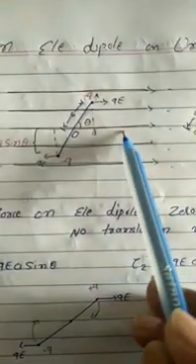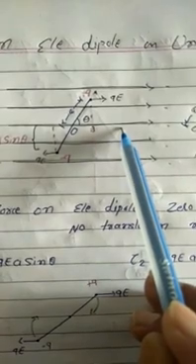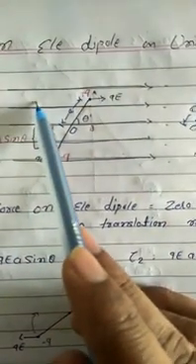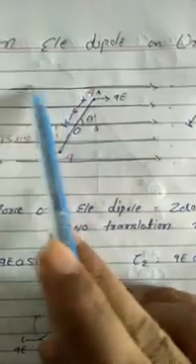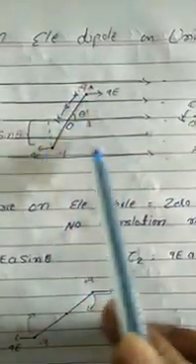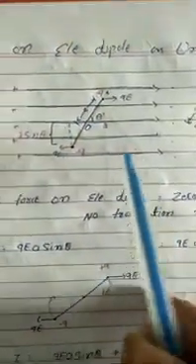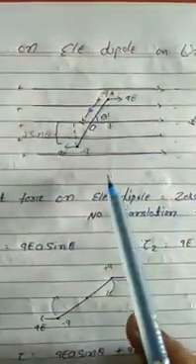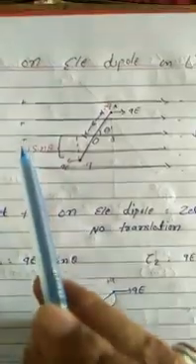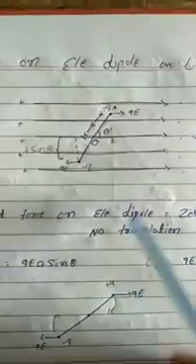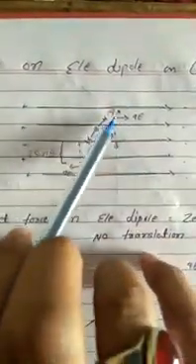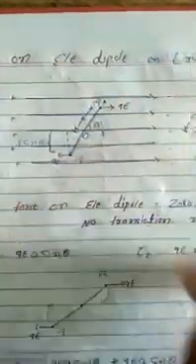Means if you consider this point, whatever the electric field is will remain the same electric field intensity at this point also, and field lines are parallel to each other. Here we consider that uniform electric field. We know that the electric field direction is from positive charge to negative charge, so we consider this side positive charge, this side negative charge, and we put one dipole moment inside this uniform electric field.